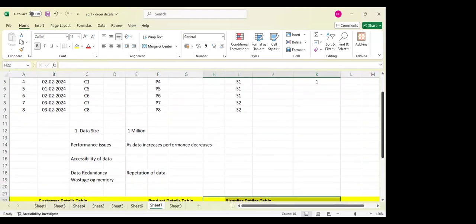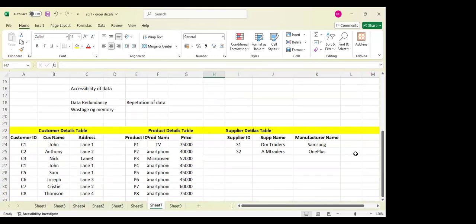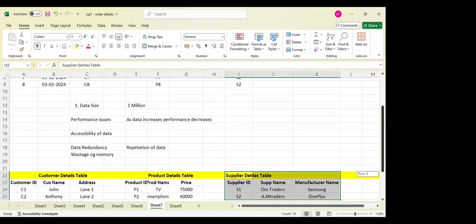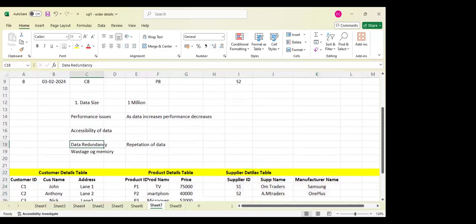As we saw previously, data redundancy, that is repetition of data, is one of the problems if I store my data in an Excel file. But in SQL, to get rid of that problem, we introduce databases. In databases, we create multiple tables like this, so that we use only unique information. No need of repeating the data again and again in tables. That way we get rid of the data redundancy problem. And